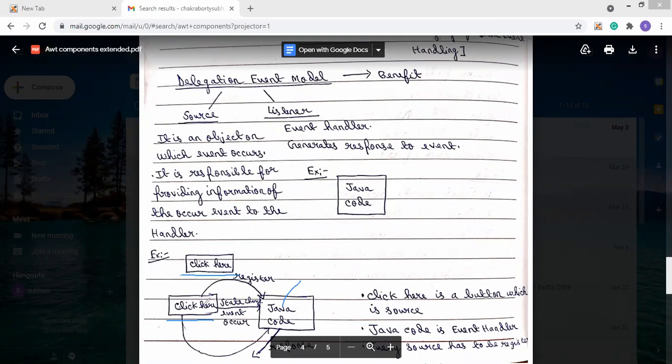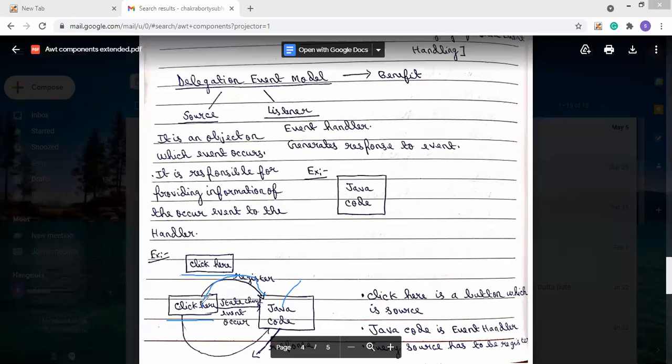That's why you can see that a registration occurred between them. After registration, whenever the state changes or an event occurs, the Java code is executed and shows this response.